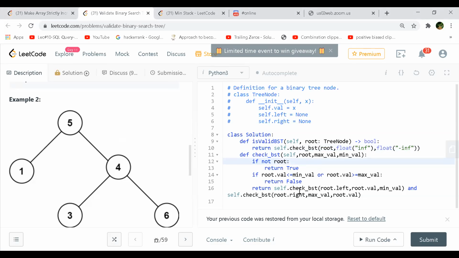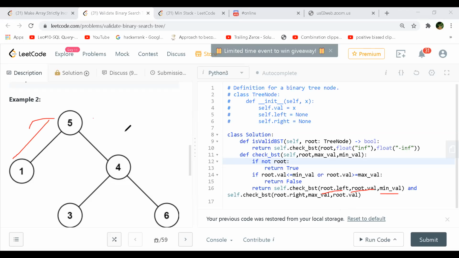Now, when you go to the left, what will happen? The max value will be the root, its parent. If I go this side, the max value will be 5 only, the parent value, and the min value will be minus infinity. So in root's left, I'm passing the 5 as max, and the min value will be minus infinity because it's on the left side.